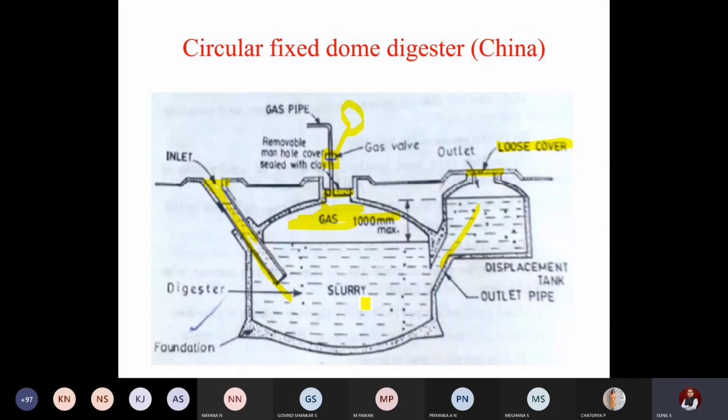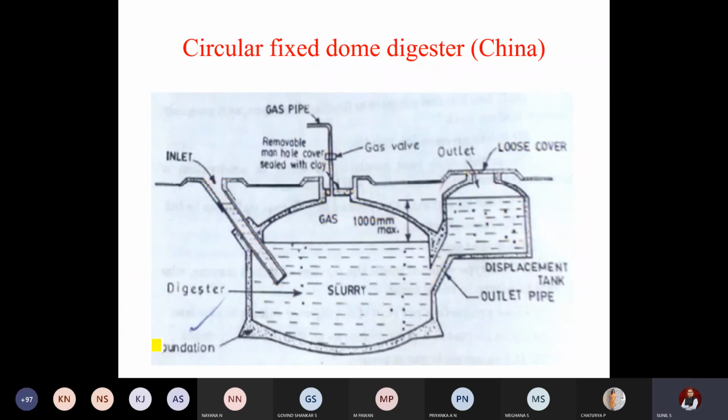Once the digestion process starts, whatever digested slurry is there, its density decreases and it tries to float. Here the fresh slurry will always be filled so that there will be no place for the digested slurry to go back. So obviously it will get collected in this tank. After a certain time, when the gas pressure increases, you can open this lid, remove the slurry, and close it. Then you can open this and feed a fresher one. So it will be a continuous process so that gas is constantly produced.